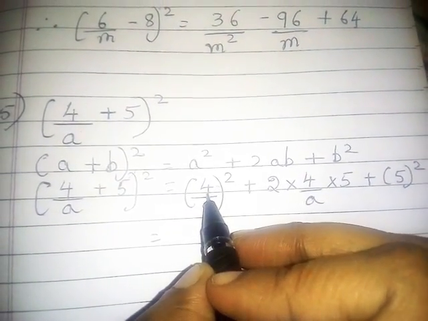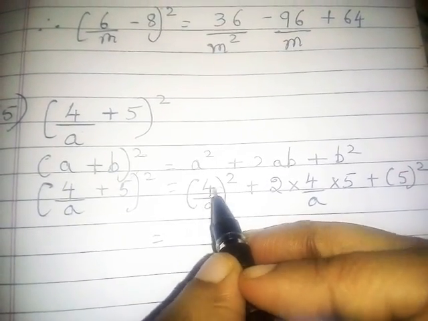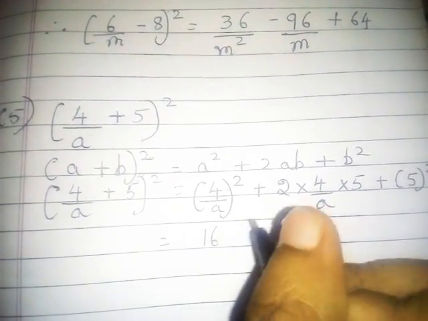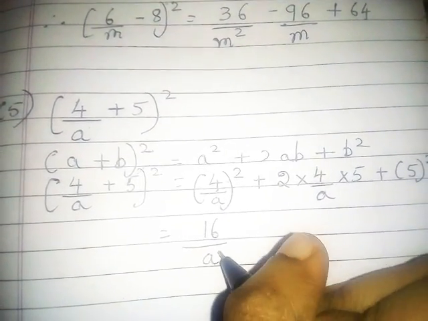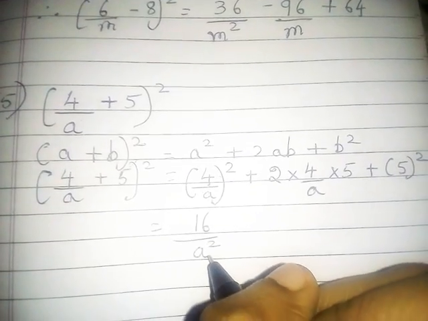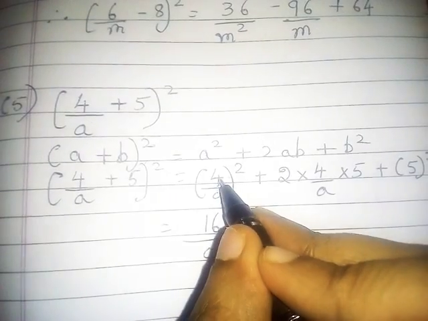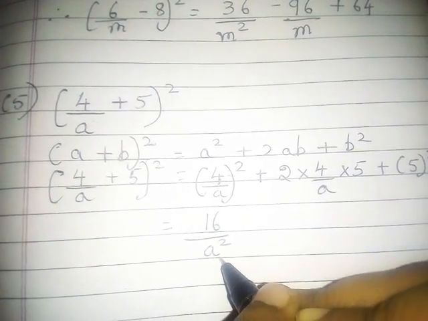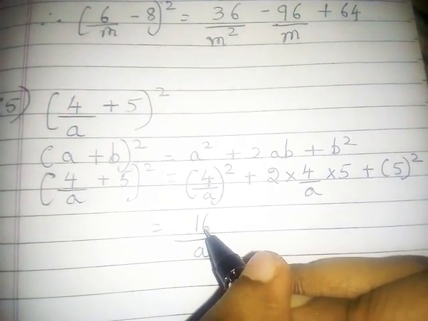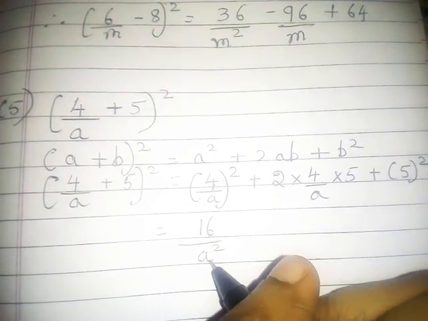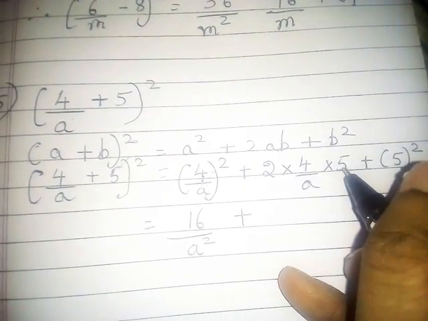First you have to multiply on numerator, what is there, square of the number, that is 4 square. 4 into 4 is 16. Square of the variable remains the same, a square will remain a square only on denominator. First you have to multiply the numerator and then the denominator. Numerator number is given, denominator variable is given. 4 4s are 16. A square will remain a square on denominator. Plus, now multiply the numerator here first.